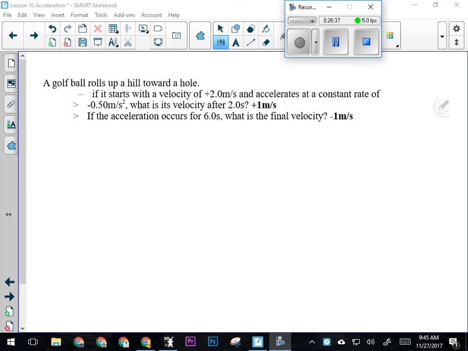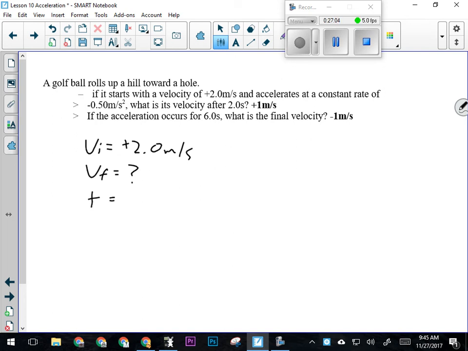All right, so for number 6 here, we've got a ball that rolls up a hill towards the hole. So if it starts with a velocity of 2 meters per second, that would be up the hill, and accelerates at a constant rate of negative 0.5, so that would be down the hill. What's its velocity after 2 seconds? All right, so I know VI is positive 2.0 meters per second, and I'm looking for VF. I know that the time is 2 seconds, and I know that the acceleration is negative 0.5 meters per